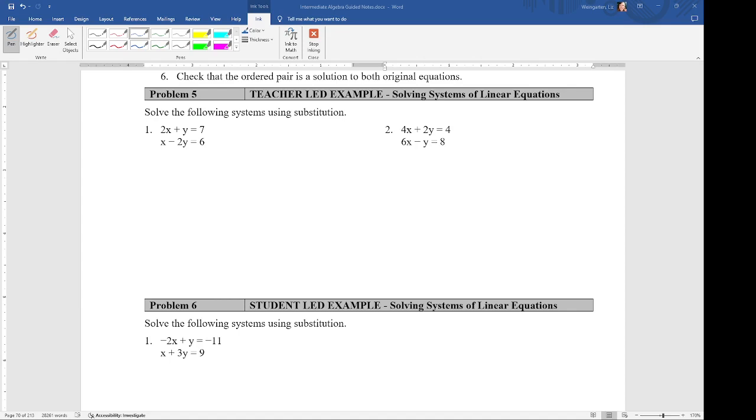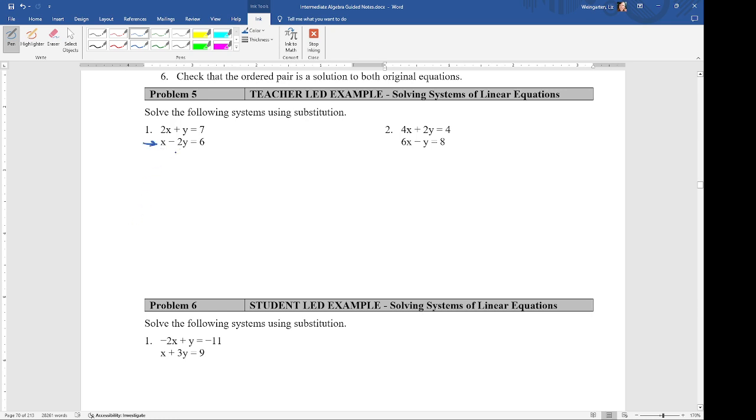In problem 5, we will be using algebra to solve our linear equations. This is usually a quicker way to solve the linear equations than graphing. So what we're going to be doing is solving using substitution. I'm going to take one equation, I'm going to use this one, and